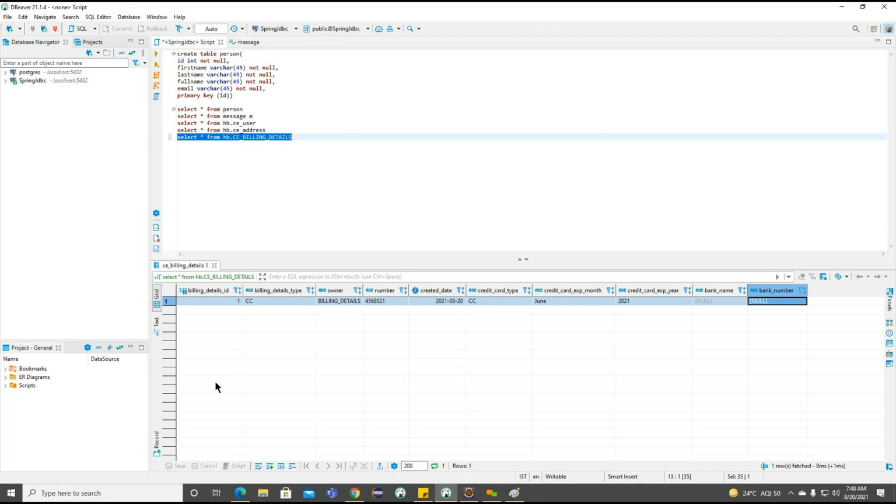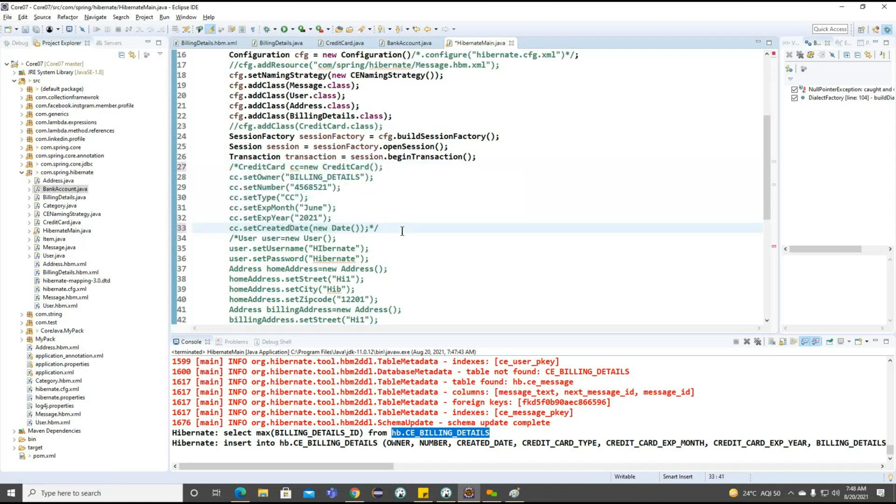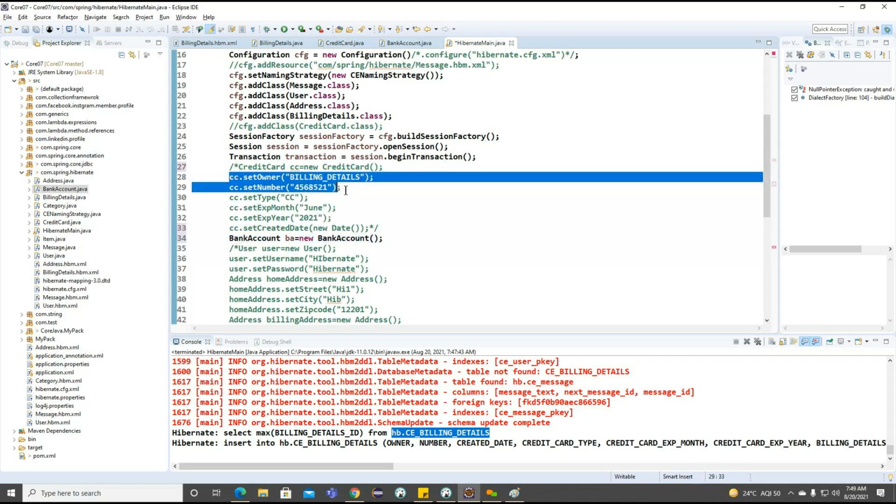So one more example we can see. So here I am not going to work on the credit card here. Now how are we going to work here? With the help of this particular bank account here. Getting the point.